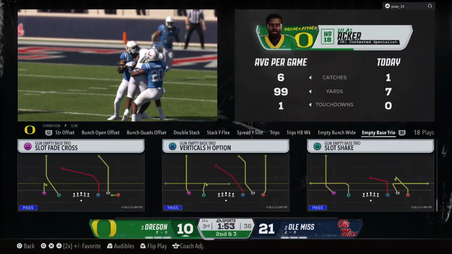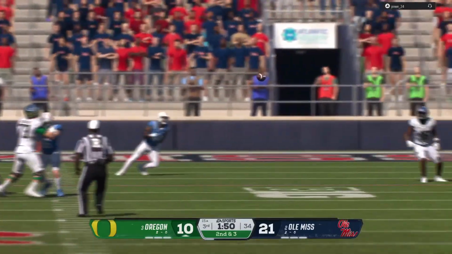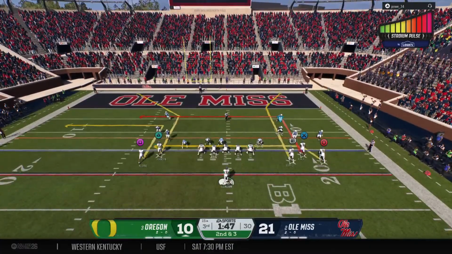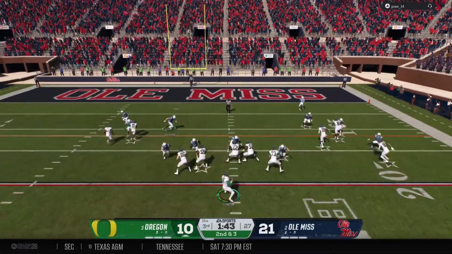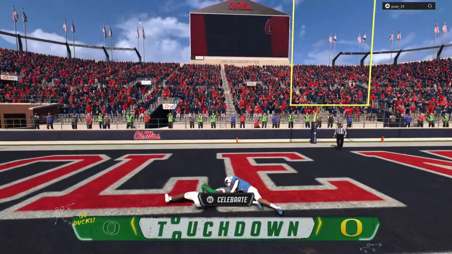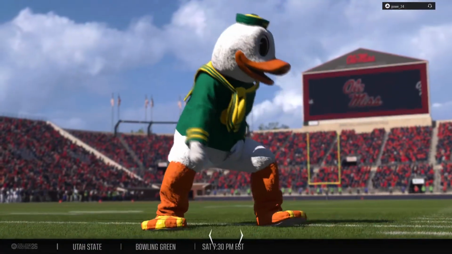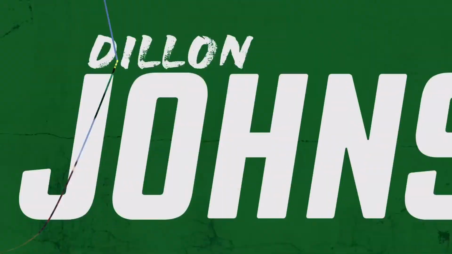Slot fake cross. You see more and more drive offenses in college football going to 3 receivers, and the slot receiver a lot of times can become the go-to guy. He gets mismatches against either safeties, a nickelback, or a linebacker walked out, and you can take advantage of it. He's got it near the end zone, and he scores. Touchdown, Ducks. Number 81 with the grab and the score.